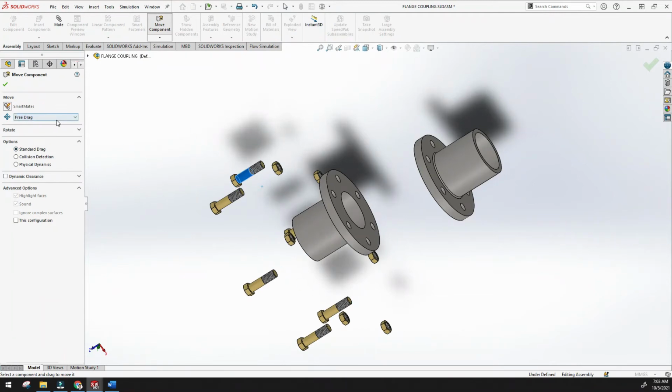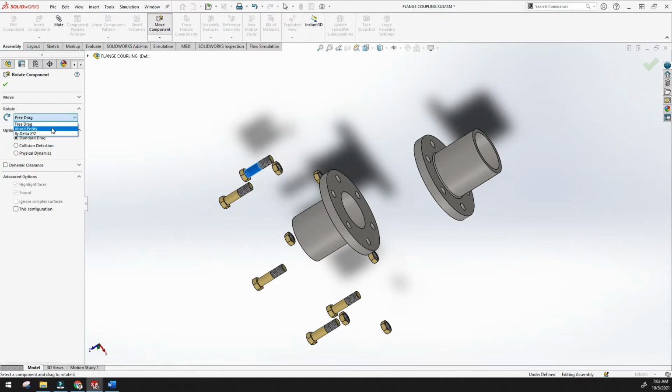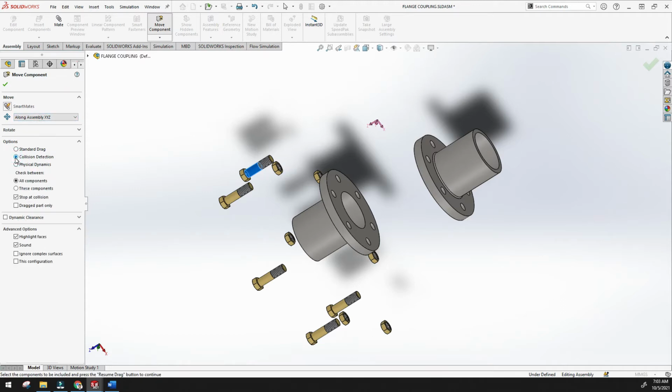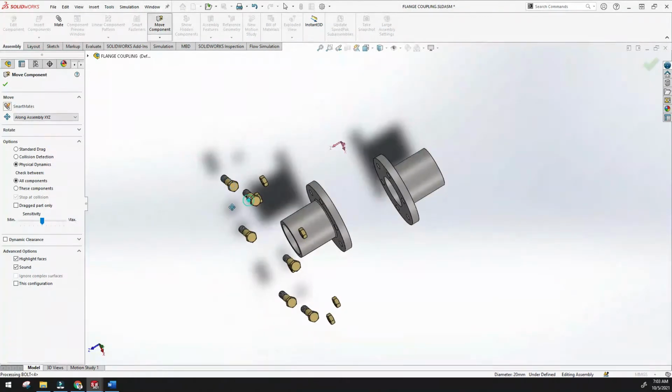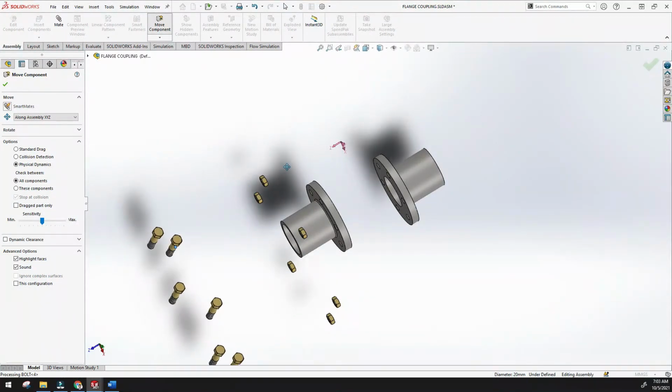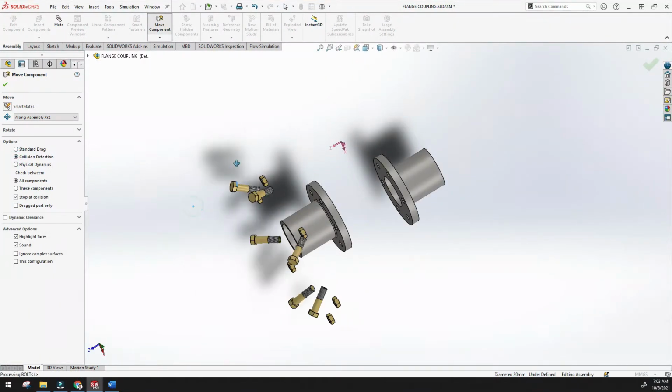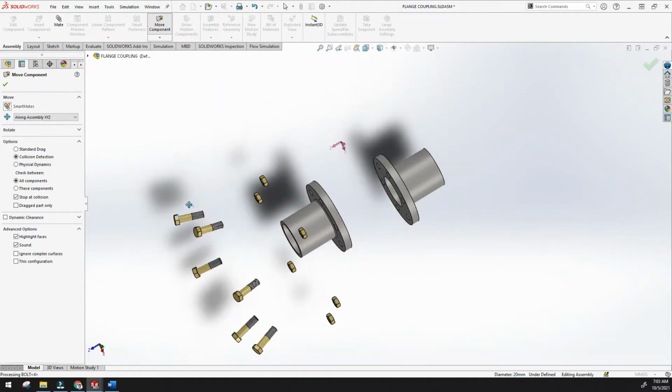The next one is along assembly XYZ. Once you click this, you will have the option like along XYZ. Here are the options like collision detection and physical dynamics. Some different kinds of options are there.